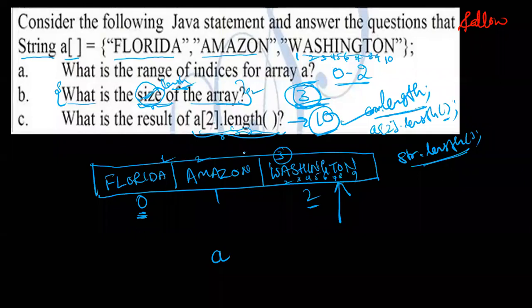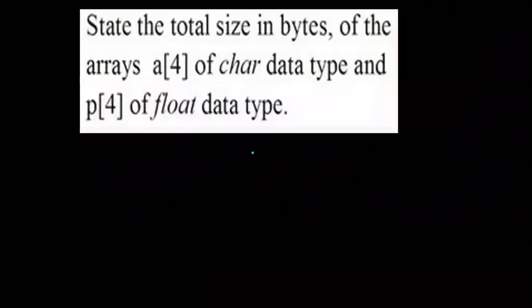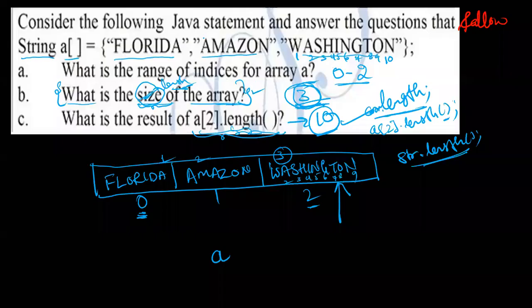In such a way you have to solve the questions. Next question. Here I will say how to find the size of the array. Actually, this is an incorrect question. They should ask length. Length means how many elements are there. Size is different because strings have variable size. We would have to find the size of this, this, and this. After that it is possible, but it is very difficult. So they should actually ask length.